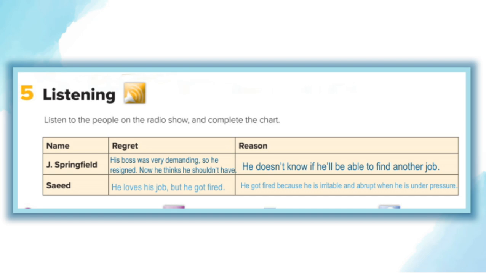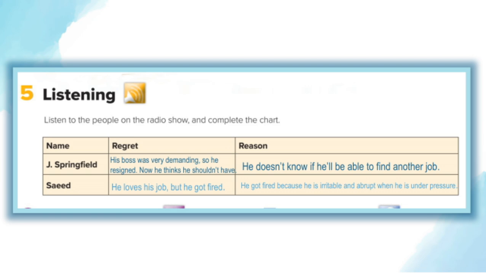Now, he's really uncertain about his future. He doesn't know if he'll be able to find another job soon, which adds to his anxiety and uncertainty. Interestingly, his boss was very demanding, which made things tough for him. Ultimately, he decided to resign, thinking it was the right choice at the time. But now, he's reflecting and wondering if he shouldn't have resigned after all. It shows how difficult decisions in stressful situations can sometimes lead to regrets later on. Overall, this story highlights the importance of managing stress, understanding how behavior impacts career stability, and how tough workplace demands